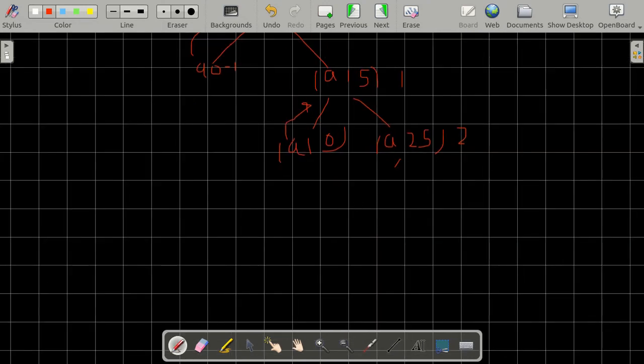So the other call will be from 2 to 1 and 3 to 5. Now this is not a valid call, it will return. Now coming to this call, let's suppose the pivot is 3. A call will be made from 3 to 2. This is again not a valid call, so it will return, and a call will be made from 4 to 5.